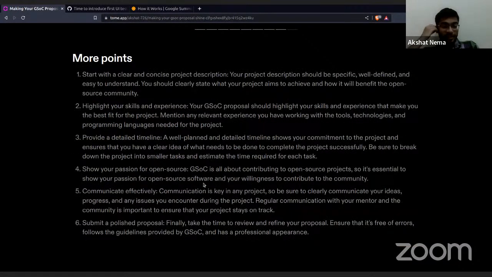So there are certain points that I manually made. One of them is to start with a clear and concise project description. This is the important one, because this gives the mentor a particular knowledge that, okay, this particular mentor